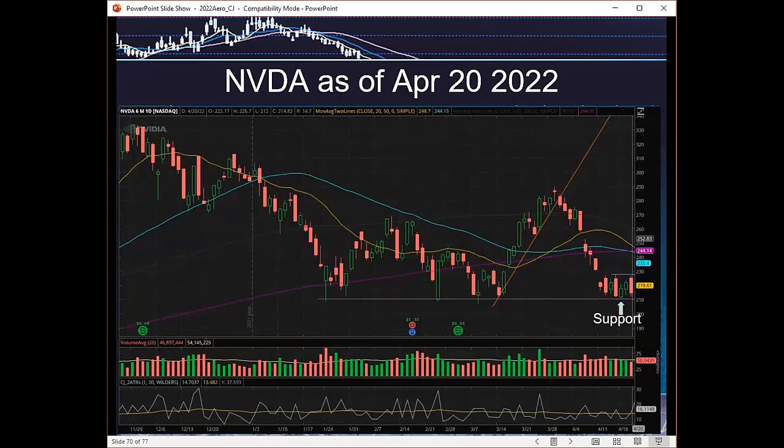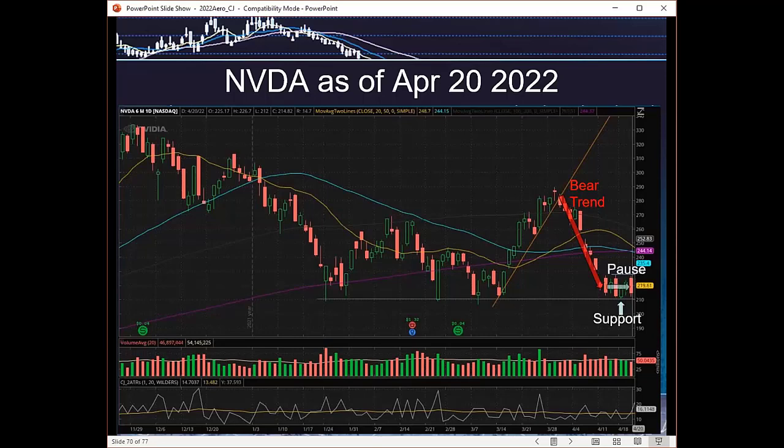So I drew a support line at that low on 2 or 3 days prior, and it actually extends to the left, and it was tested previously 2 or 3 times and respected. So that support really looks, feels, and acts like support around 210. We saw a bearish trend that gave back pretty much all the gains from March in early April. And then we see a pause for 4, 5, 6 days.